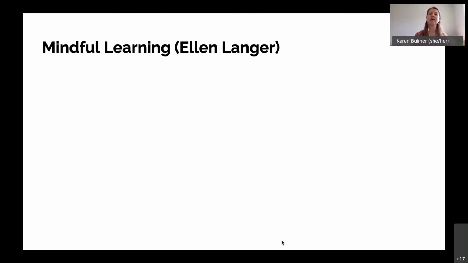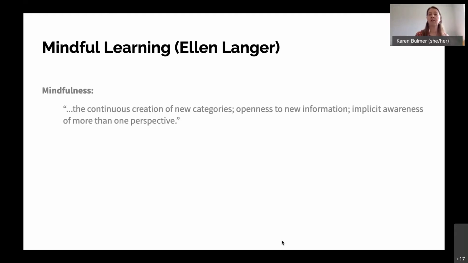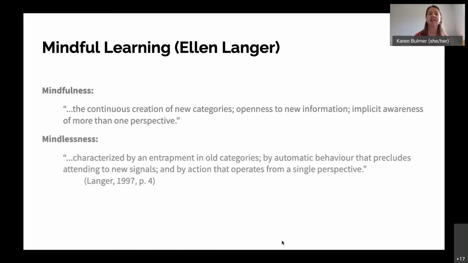She talks about mindfulness as the continuous creation of new categories, openness to new information, and implicit awareness of more than one perspective. And she contrasts that with mindlessness, which she says is characterized by an entrapment in old categories, by automatic behavior that precludes attending to new signals, and by action that operates from a single perspective.